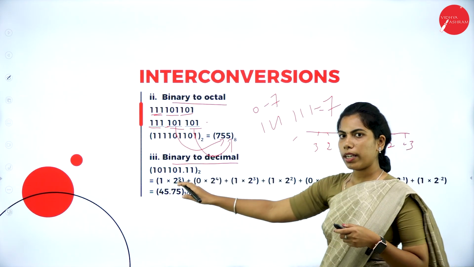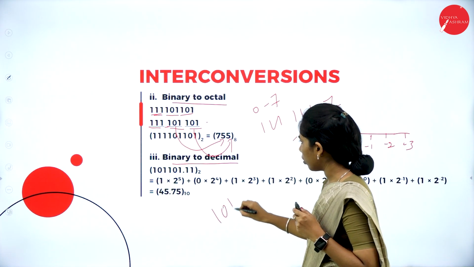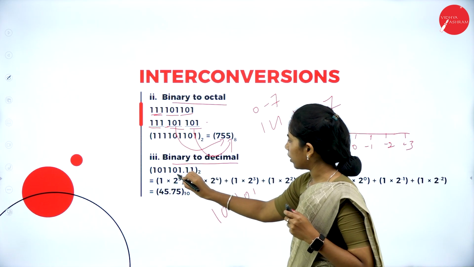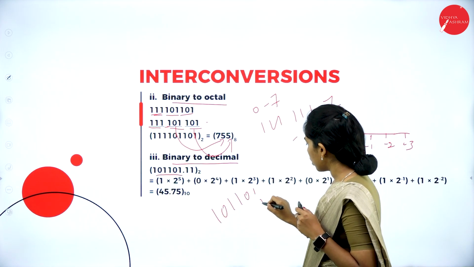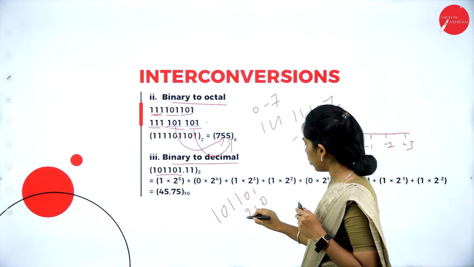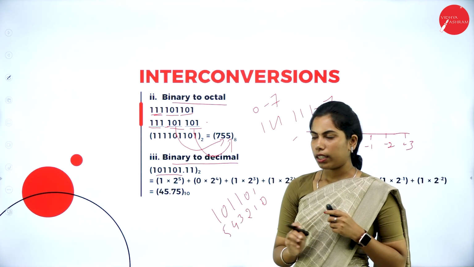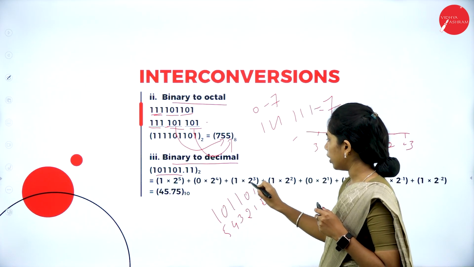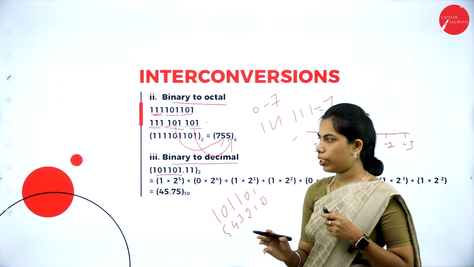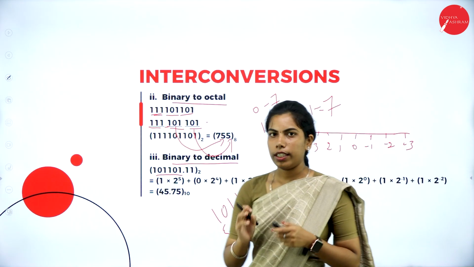That is how it could work. So here you can see, with the position 1, 0, you have to concentrate on this part first, which is in position 0, then position 1, 2, 3, 4 and also 5. Got it? So that's why 1 into 2 power 5 plus 0 into 2 power 4, 1 into 2 power 3 and also 1 into 2 power 2 and lastly 0 into 2 power 1 and also 1 into 2